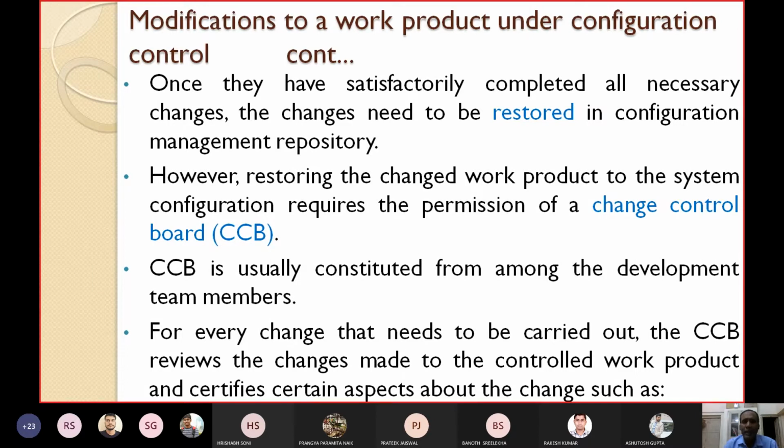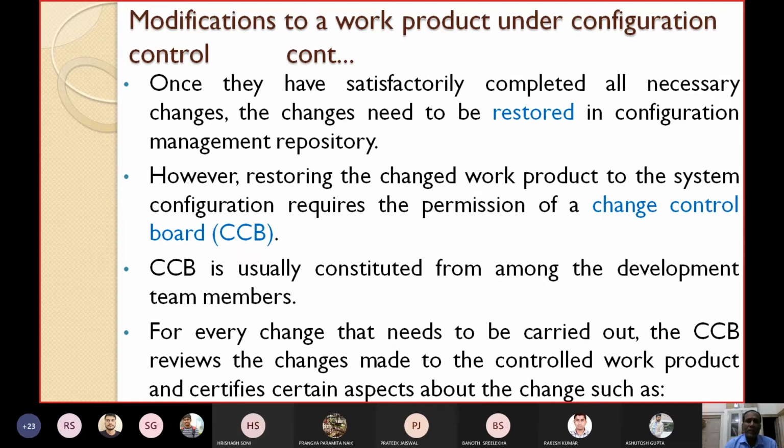So whatever changes a developer makes, he has to give a demonstration to the change control board members, the CCB. If the CCB is satisfied that all the changes are genuine, no side effects are there, and they are really fine, then they will give you permission. Okay, now the old version can be replaced with the modified version.